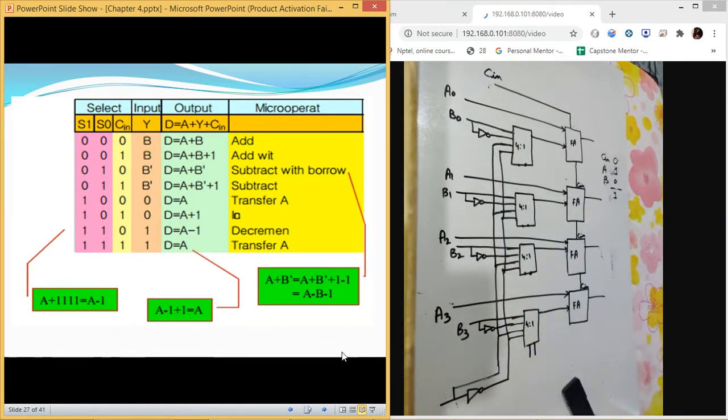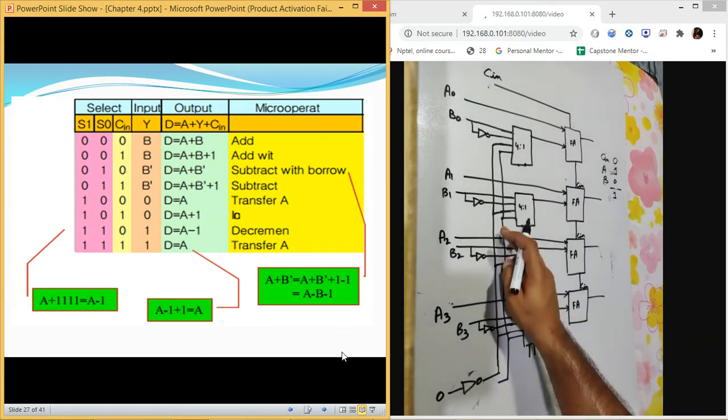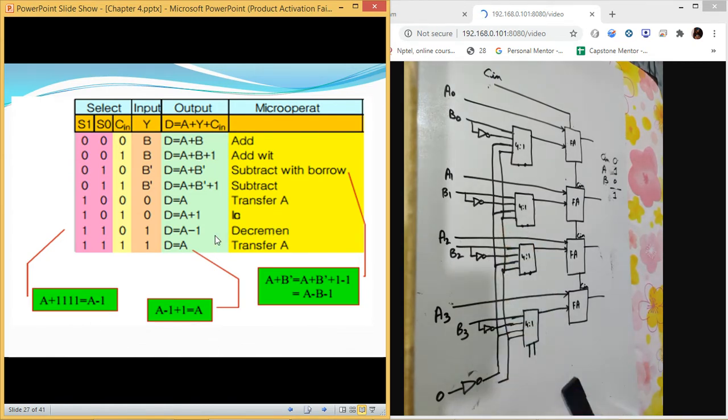If I do it the other way, like if I don't connect it here, if I connect it this way, like we did earlier, like this is 0, this will become 1. Only these two operations are going to change. The decrement will not be performed at this place, and transfer A will not happen at this place, it will happen at this place. So it will only change the two functions, nothing else is going to happen, but your table which you are going to create will be changing.